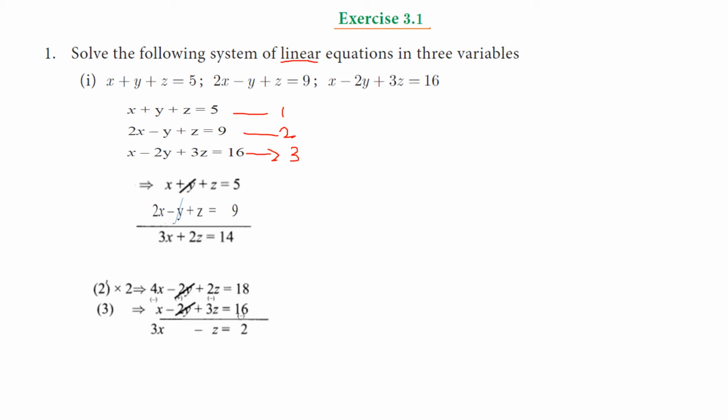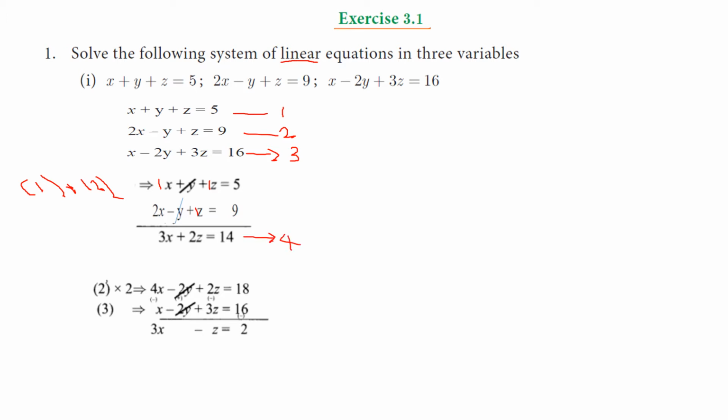Here first we have to add two equations to eliminate one variable. Here I am adding the first equation plus the second equation. So I write the first equation and the second equation. And here you see, if you add, x plus 2x, the x coefficient 1, that is 1x plus 2x equal to 3x. Plus y and minus y will cancel, because if you add unlike signs, it will come 0. And the z coefficient 1, here also 1, 1 plus 1, 2z. 5 plus 9 equal to 14, you keep it as the fourth equation.